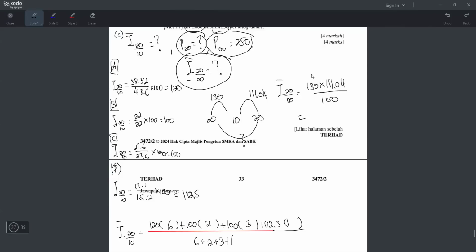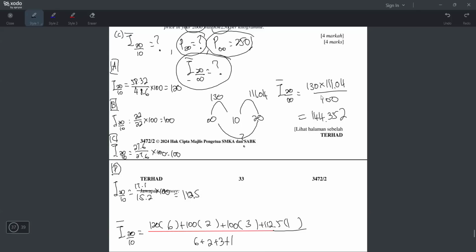Okay, when you tekan this, you will get the composite index for this year. Okay, let me press 130 times 111.04 divide 100. Okay, I get 144.352. My calculator give me 144.352,